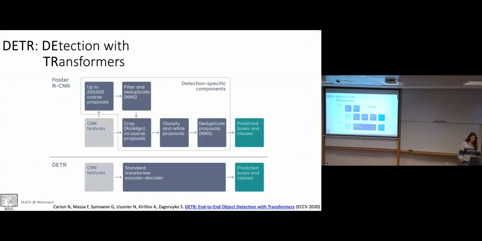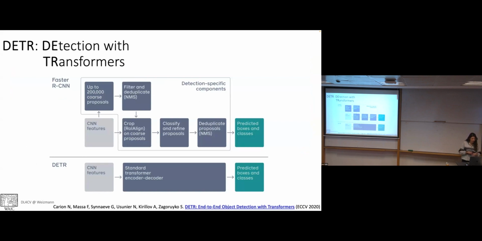This paper, which is called DETR, I think this is how they pronounce it, which is detection with transformers. They introduced maybe another way to do that. So it's kind of like combined here in this high level overview that they supply. So again, in Faster R-CNN, we had this, first we're gonna use a CNN feature and then propose some region